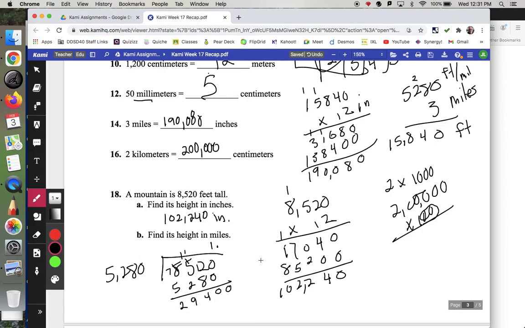Let's see, I'm going to make a guess that that's right around 4. So I'm going to do 4 times this. Nope, we need 5. So 5 times 5,280 is